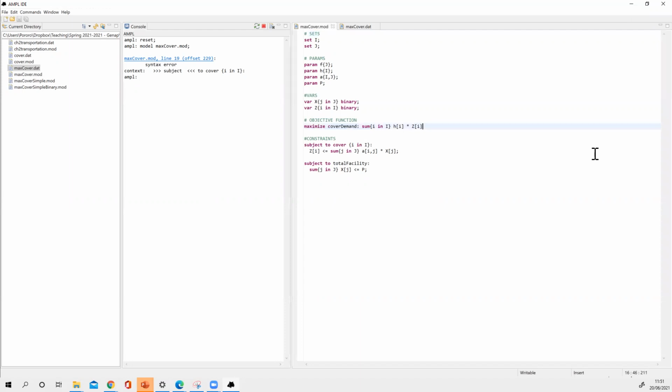Here, there is an error. We don't have this semicolon. Okay. Later, I will tell you how to debug the model. There are several common mistakes that often appear like this. Okay, this one, save, reset again, model max cover dot mod